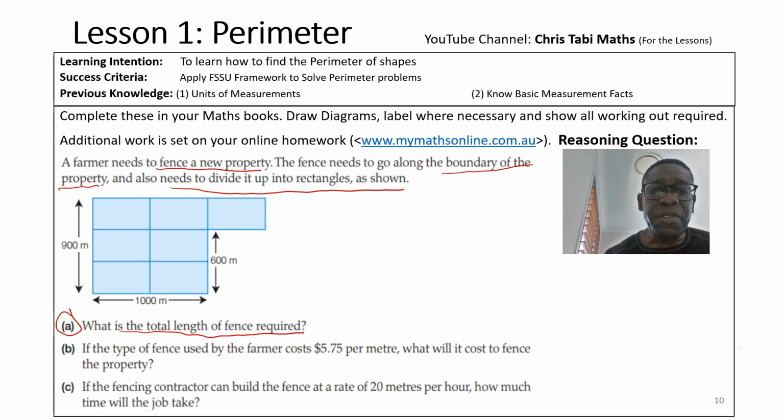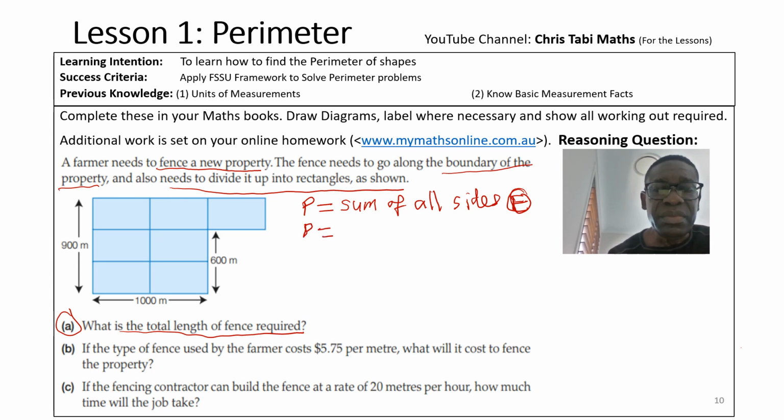Well, the total length required, remember, is our perimeter. P equals the sum of all sides. The sum of all sides, that's our F. That's the formula. So let's do the substitution. Now, as you can see, we have